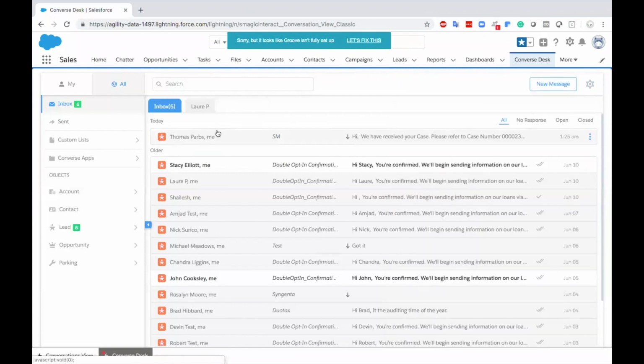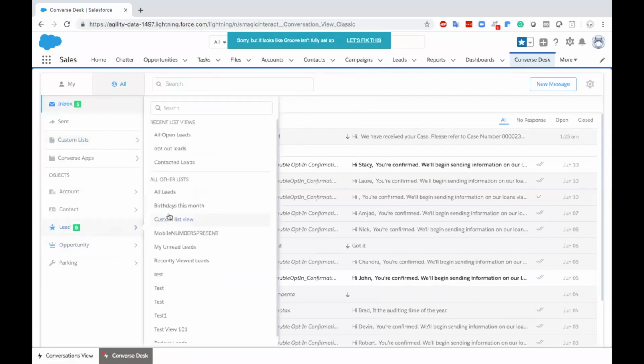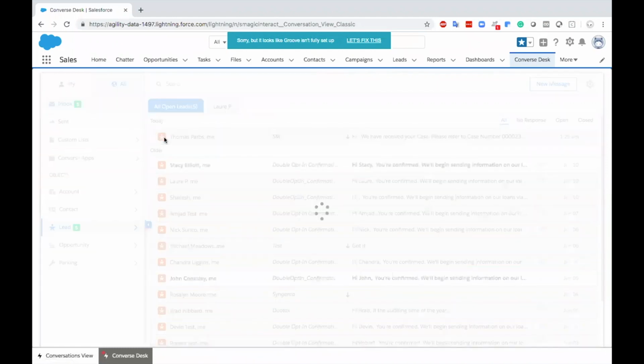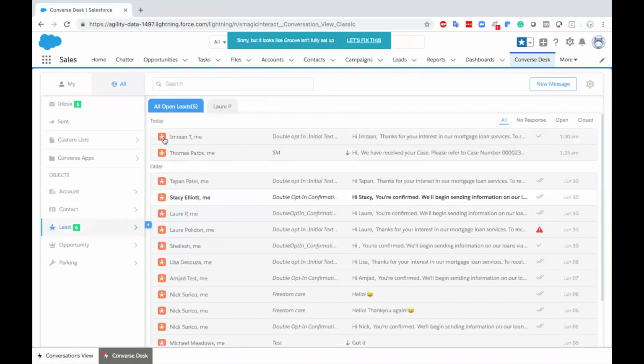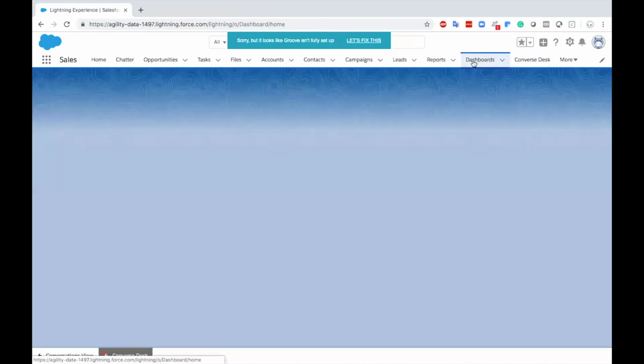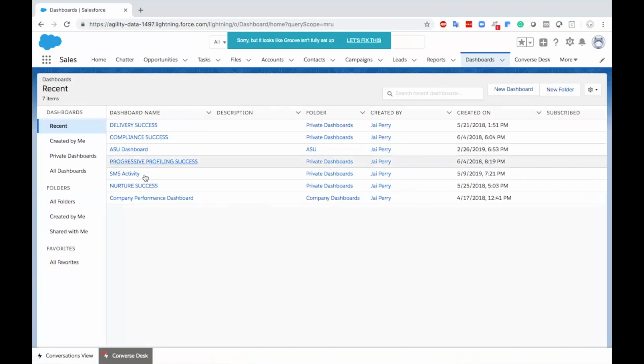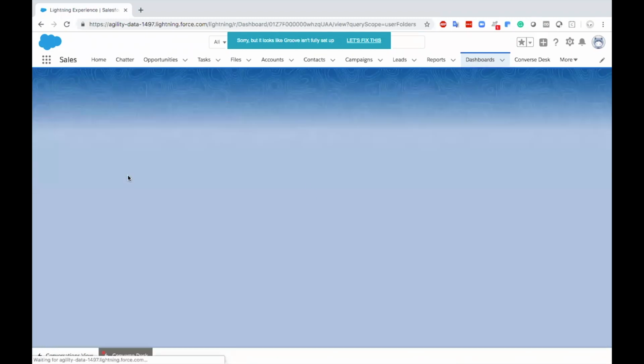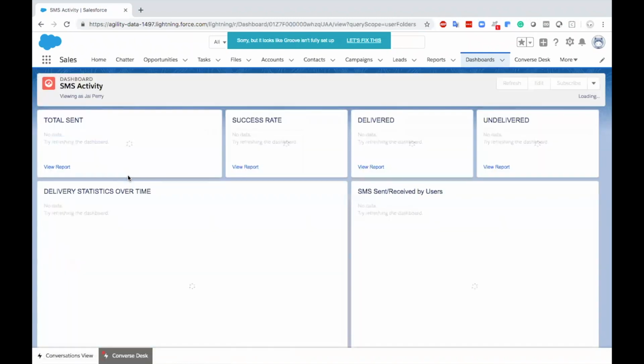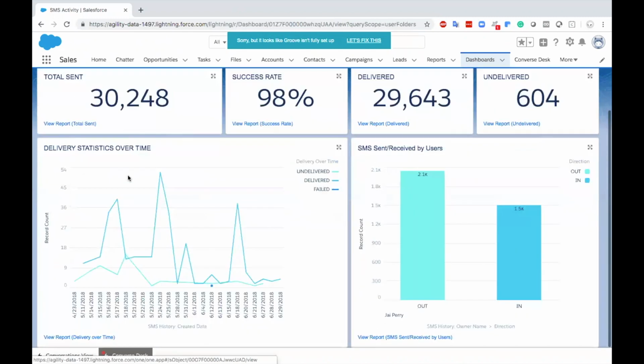Apart from that, we also have given certain sophisticated filters on the left-hand side so that I can filter conversations on the basis of my requirements, and I'll be able to easily bifurcate and segregate what I need from this particular window itself. Apart from that, we also have dashboards which we have created. This is a sample dashboard which we have put in here, wherein you can see the activity related to text messaging related to your agents. It will show you a glimpse of text messages which have been sent, response rates, delivery rates, and so on. And in case you need to drill them down on the basis of users or departments, you would be able to do that quite easily with the help of the standard Salesforce reports and dashboards.